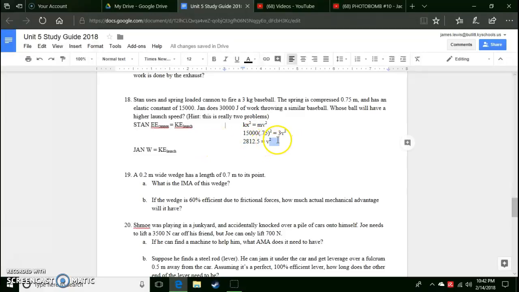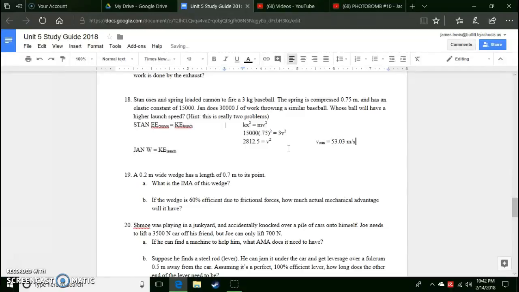So square root is the last thing that we need to do, because we need to get v by itself, and there is still a square on there. So a square root of 2812.5 is going to give us our final answer. So v equals, I'm going to put a little subscript here, v Stan, because that's Stan's final velocity. So this is going to be the square root of 2812.5, which is going to be equal to 53.03